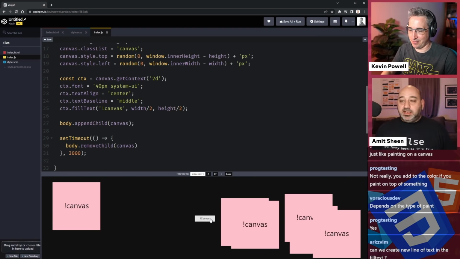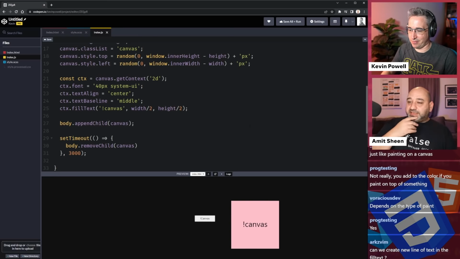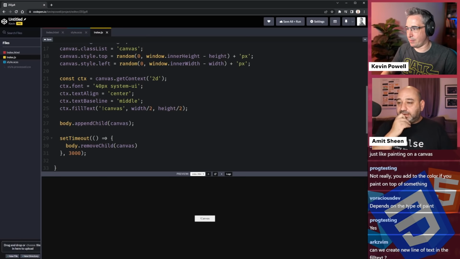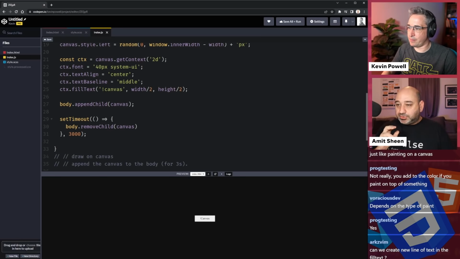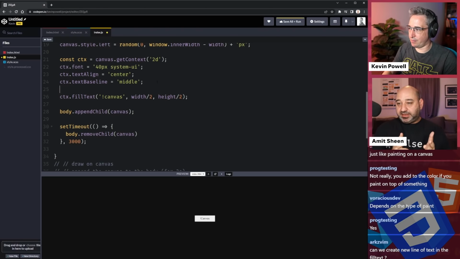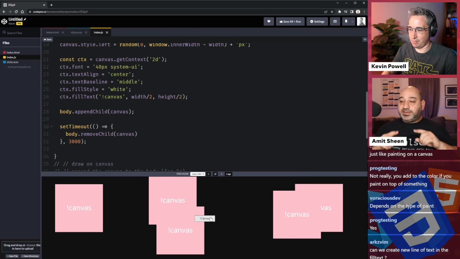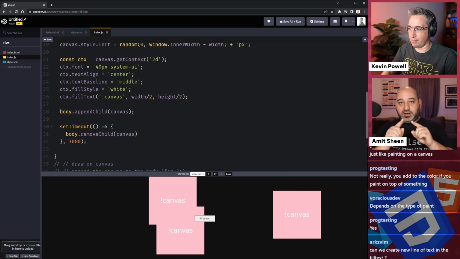Perfect. But this is fill. Let's change the color to white. So how do I change the fill color to white? Before the fill text, we're going to do a ctx.fillStyle equals white. So now it's white, but let's create a black border